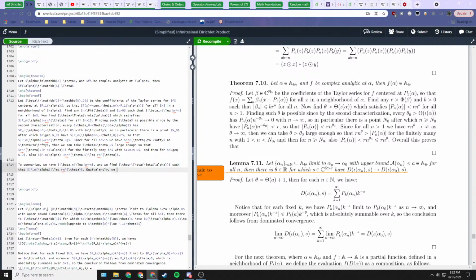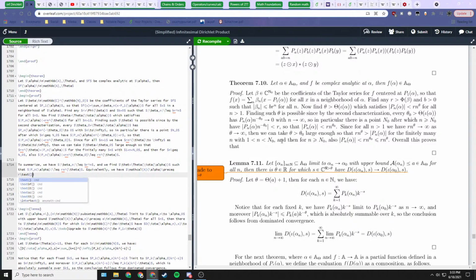Equivalently, we have the absolute value of alpha bounded by r to the id theta, and then we can say and by,